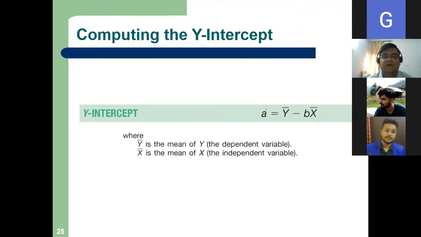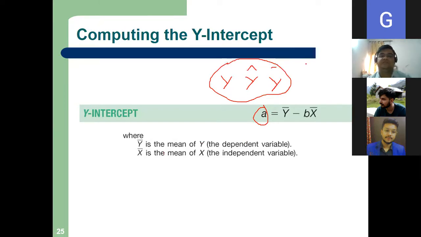And A, where from we'll get A? Please note, I am using three types of Y. Again, I am repeating: Y, Y hat, Y bar. Who will tell me the difference of these three? What is the difference between these three y's? Is there any difference? Sir, y is the variable and y bar is the mean of the y variables. Very good. And y hat is the predicted value. Predicted y. Very good.